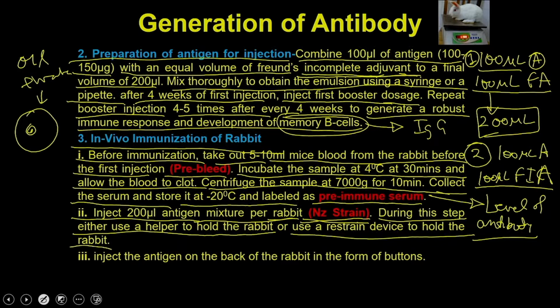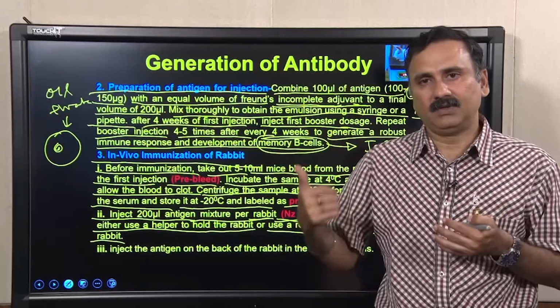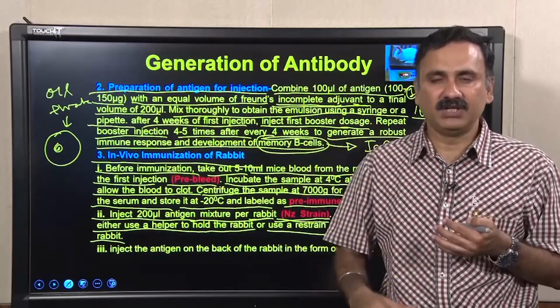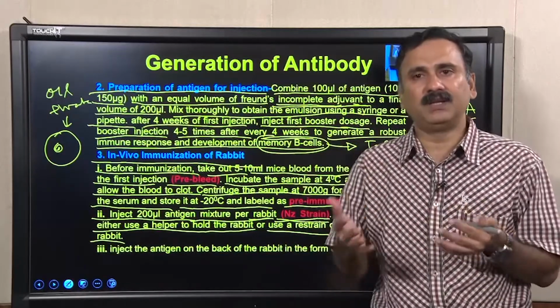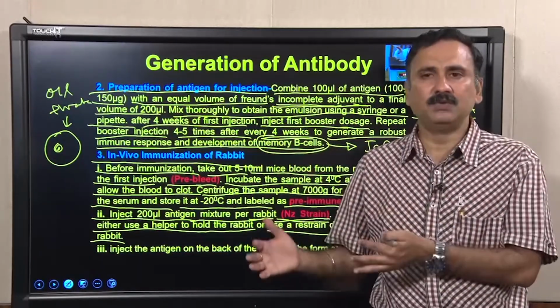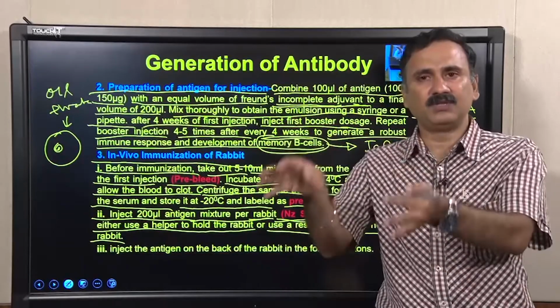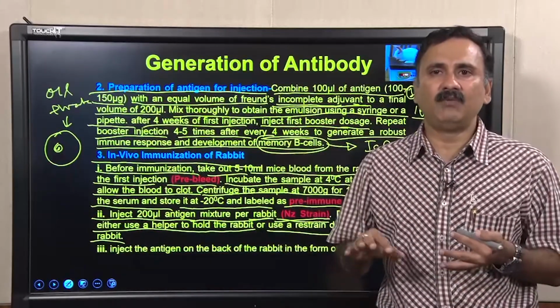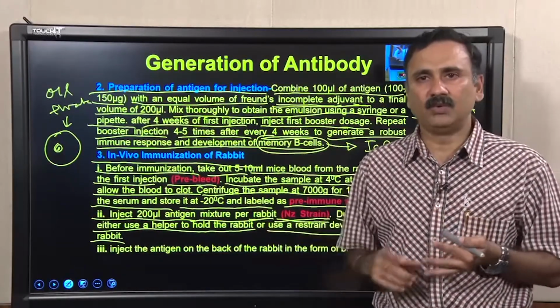You have to hold the rabbits very strongly so that you will be able to inject the emulsions, either the primary or the secondary injections. So, you have two choices: either you ask someone to help you hold the rabbit, or you use the restraint device where you just keep the rabbit, and then the rabbit will not be able to move, and then you will be able to inject